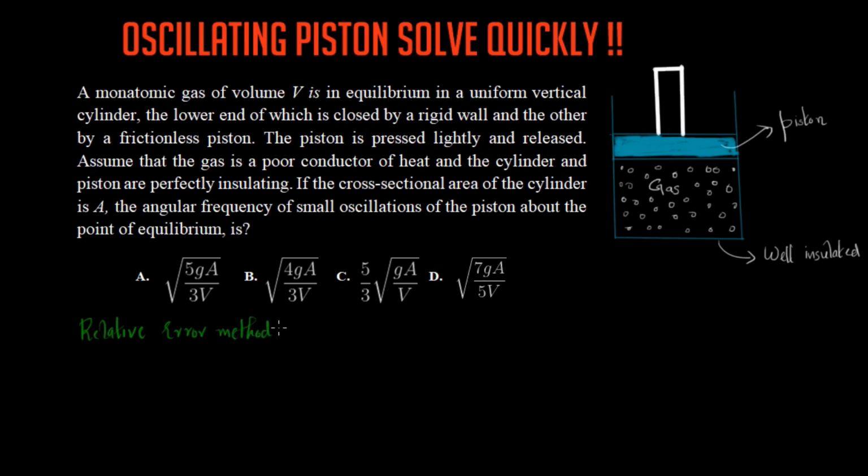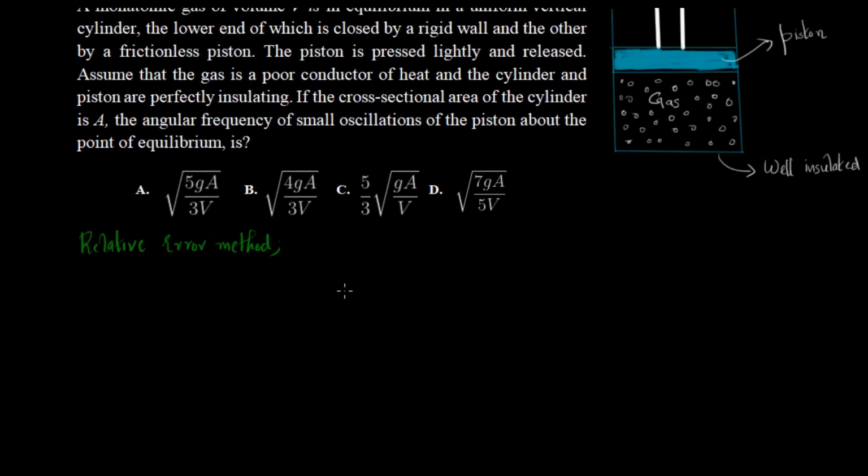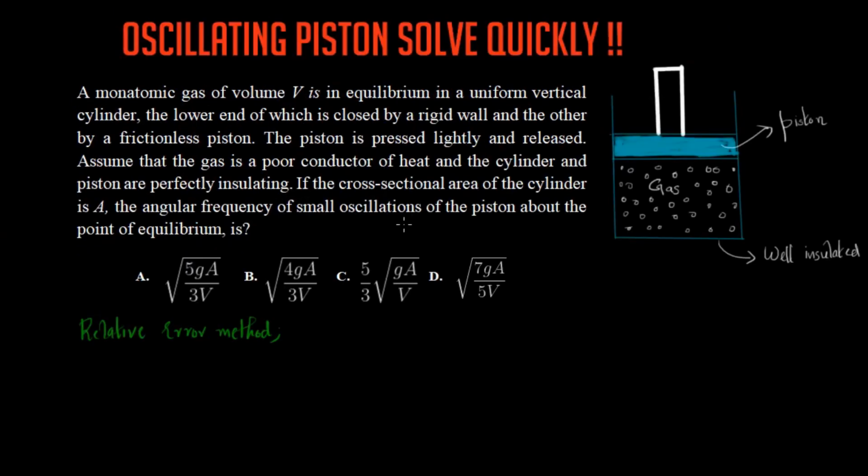So how to do this question using this method? Okay, so the system is already given like this, right? From the question, it is clear that the system is an adiabatic system. So it should follow the laws of adiabatic systems. So we have the volume here, and relating to that, we have a pressure. There is a relation between P and V for an adiabatic system, that is PV raised to gamma is a constant, where gamma is Cp by Cv,